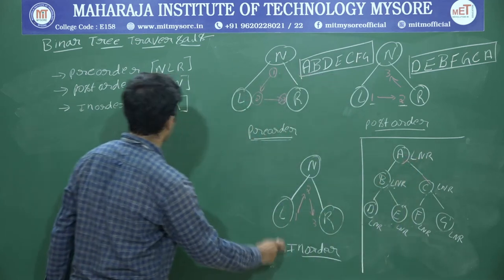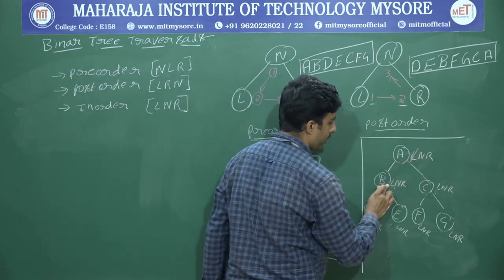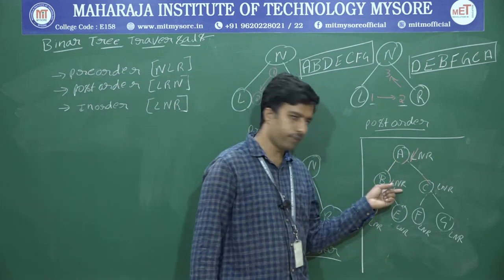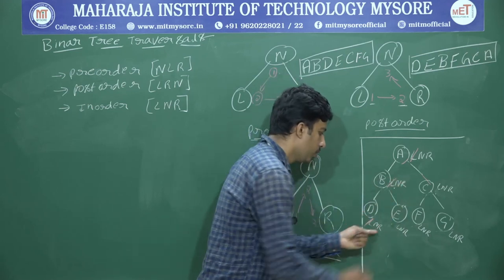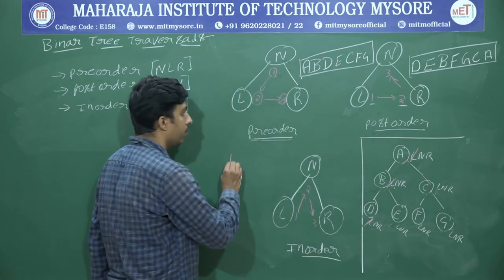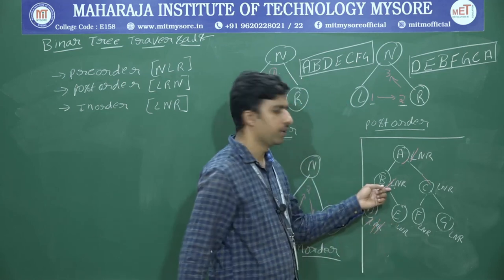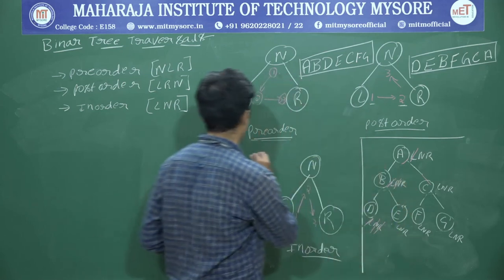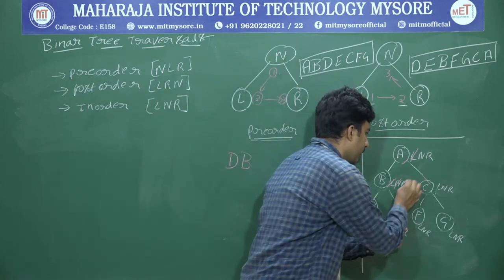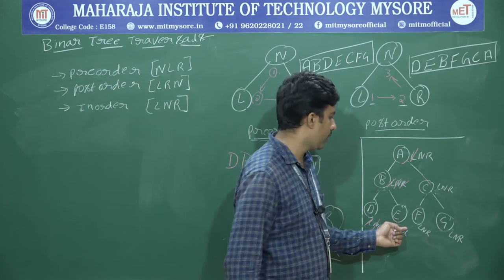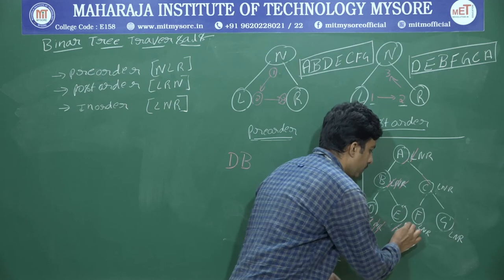See, the in-order traversing is left node right, okay. Left is there, yes, traverse to left. Now B, left is there, yes, traverse to D. D, left is there, no, node encountered, yes, return the node value D. Now right is there, no, goes back, node encounter B, return the B. Now right is there, yes. Once you have encountered, close that value. E, okay, left is there, no, node encountered, yes,